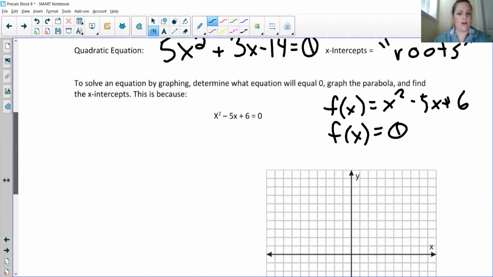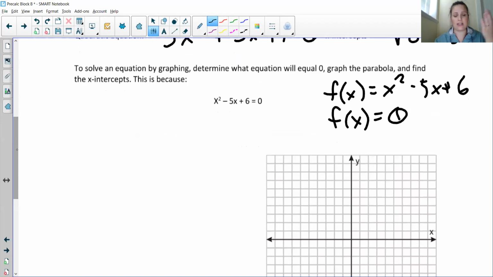So if we were wanting to solve this equation, there's actually multiple ways to solve it. We can solve it by factoring, we can solve it by graphing, we can solve it by completing the square and then solving, and we can solve it by something called the quadratic formula. So right now we're going to focus on just solving it by graphing. And to be honest, with this particular quadratic equation, I wouldn't solve this one by graphing, because you can factor it. You can just solve it with algebra,